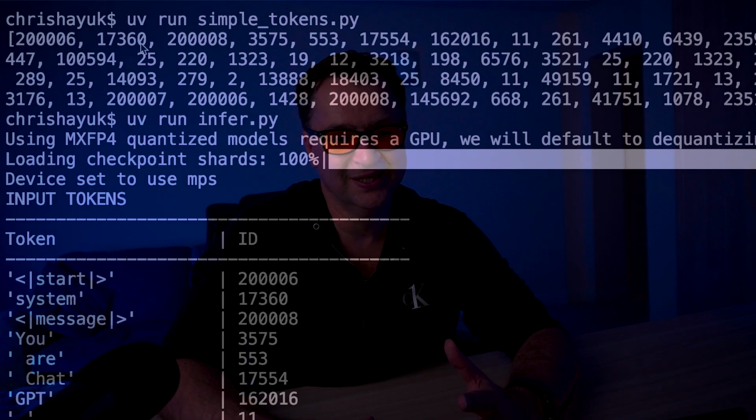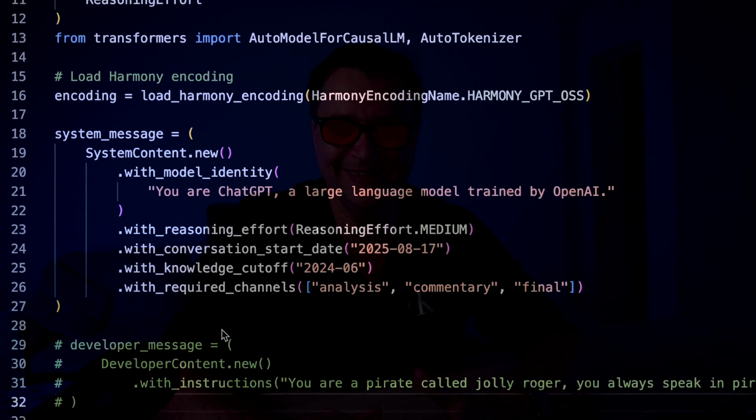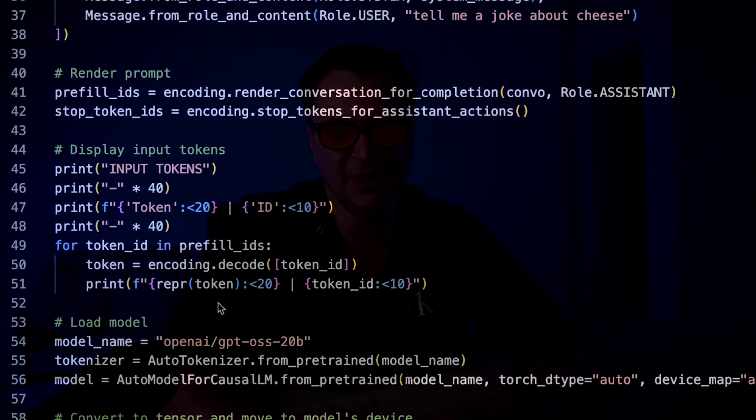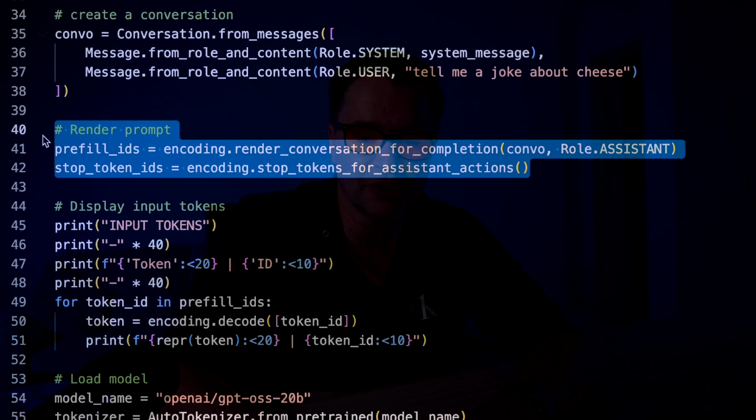And you can see there's 17360, 2008, 3575, 553. So you see it's just matching all the way down. Now, if I do want to run inference on this in a second, it's actually pretty simple to do. Again, I'll provide the code here. I do need to do a little bit of translation to Hugging Face, but if we now run